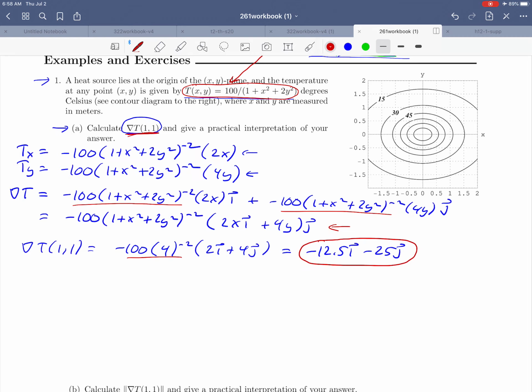Okay, but they also would like us to explain what it means, give a practical interpretation. So what is the gradient telling us? Okay, the gradient tells us the direction that we need to move in to get maximum temperature increase. Okay, so let's try to put that into words here. So this means that